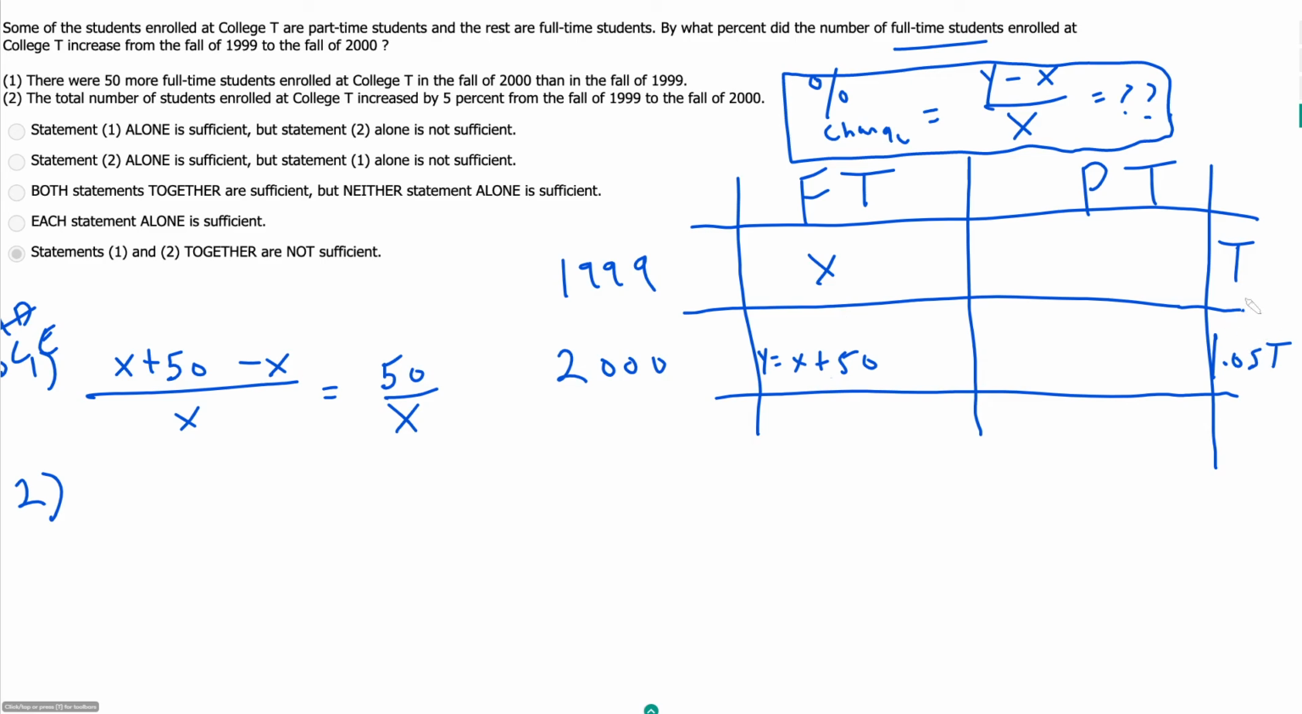Remember, if we're looking at our statements separately to start, we don't know this information here. And so this is going to be insufficient by itself because we can't determine anything about the full-time students just from these numbers. So now together, it looks like